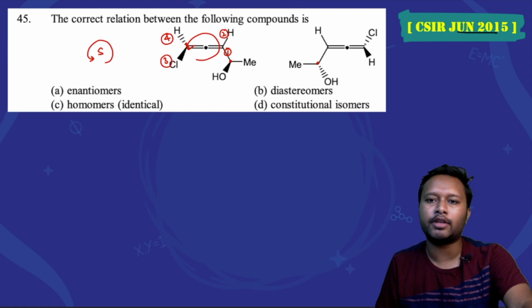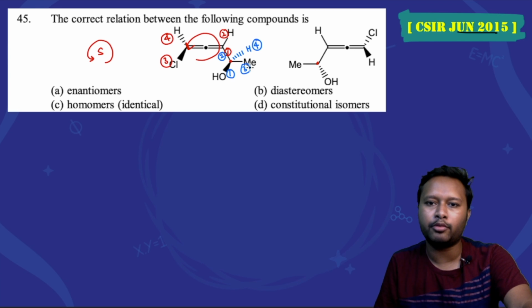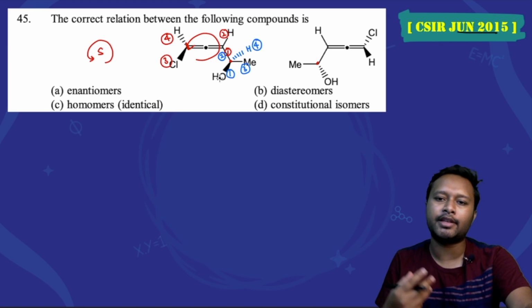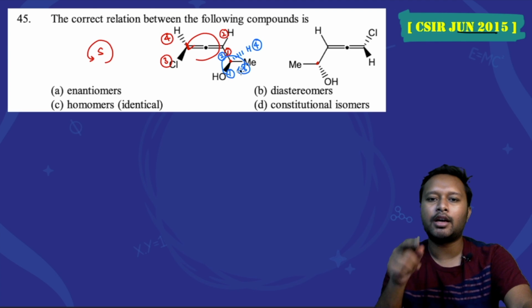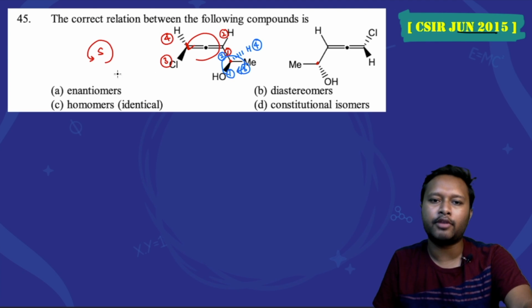The next thing is to find out the stereochemistry at this particular carbon. So if you look here, the heaviest group is OH, so we'll number it 1, then we'll number this side as 2, and this side as 3, and the fourth priority group will be hydrogen, which will be below the plane. Okay, this is the fourth priority group, and that's why the configuration will remain the same, it is not going to change. So the rotation goes in this direction, which is a clockwise rotation. So this is R.